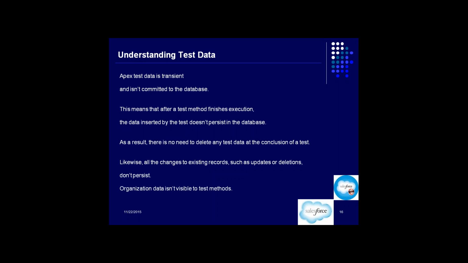Organization data isn't visible to test methods. Okay. By default, org data is not available in the test method. Like if your company has 5,000 accounts, that's your data in the organization. By default, that data is not available to the test methods. So sometimes we need to create some dummy sample records and then update or test them. For example,